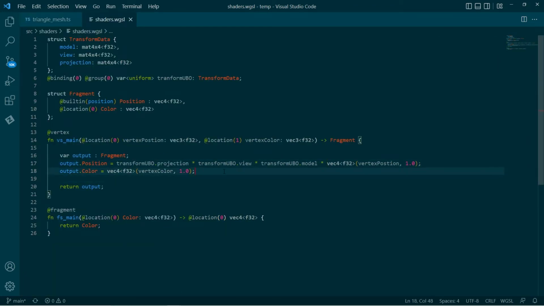Hopefully we're familiar with this sort of model view projection transformation series. If you're not, I do have videos on it. But the way this works is matrix multiplication stacks on to the left. So we take the position, we transform it with the model transform that sets it from model coordinates into world coordinates. And then we hit it with the view transform that sets it from world coordinates to view coordinates, which is, if I was looking from the camera at a certain position, the world sort of moves around